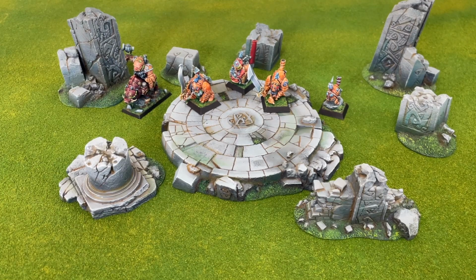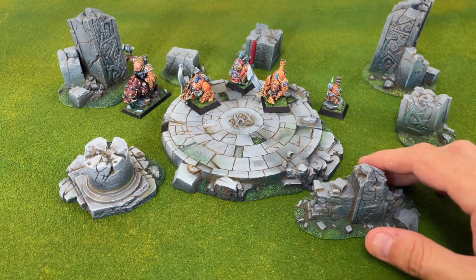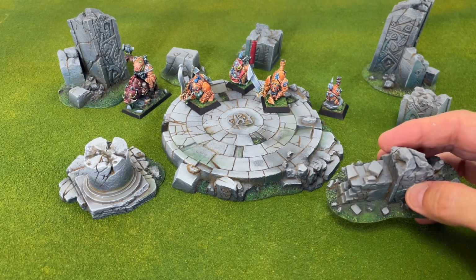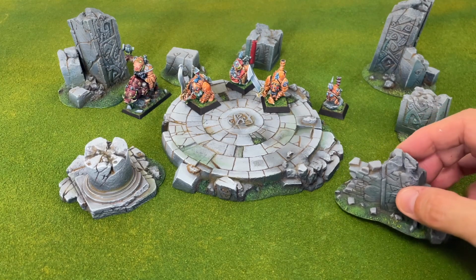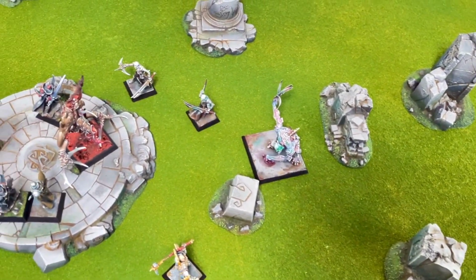So I could just basically take them out of the box. I could then just wash them with some warm soapy water with an old toothbrush, just give them a good scrub and clean. After that was dried, I could then just prime them using a black primer, and then using my airbrush I used a very dark grey and then built up the colors from there. But I had only just primed them, and I really hadn't painted them,